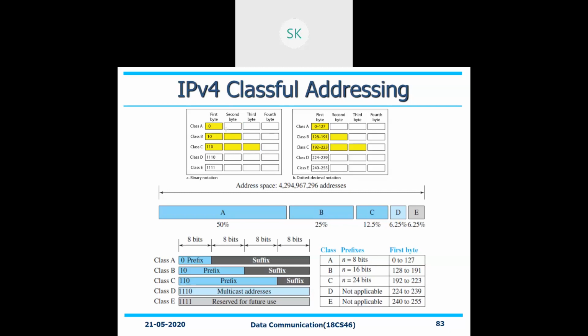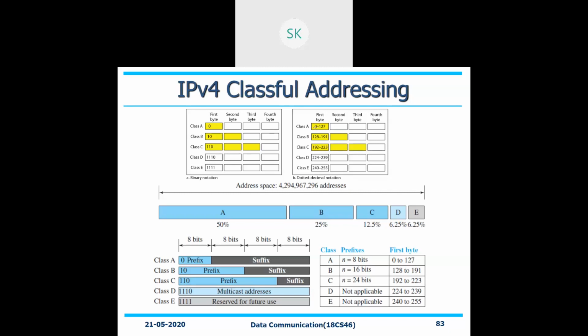But just check out your classful addressing. If I want only 20 addresses, I require only 20. Class A, if I use it, then it's of no use. Class B, so many addresses will be left blank. But class C will give you the right picture of it. So that's how it will work with respect to your classful addressing. How these addresses will take their values, that's what they have given.